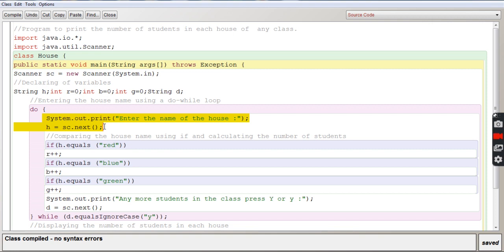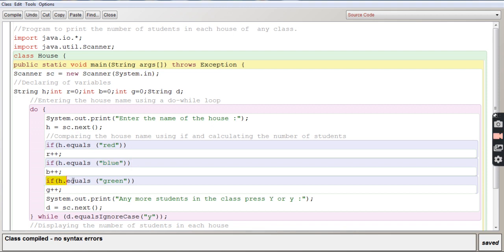It will again ask you for the house name. So this time let us say you have given green. So it will be checking over here. If H, which is green, equals red, false, it is not equal. So it will come down to this one. Next condition, if H, which is green, equals blue, again it is not equal.